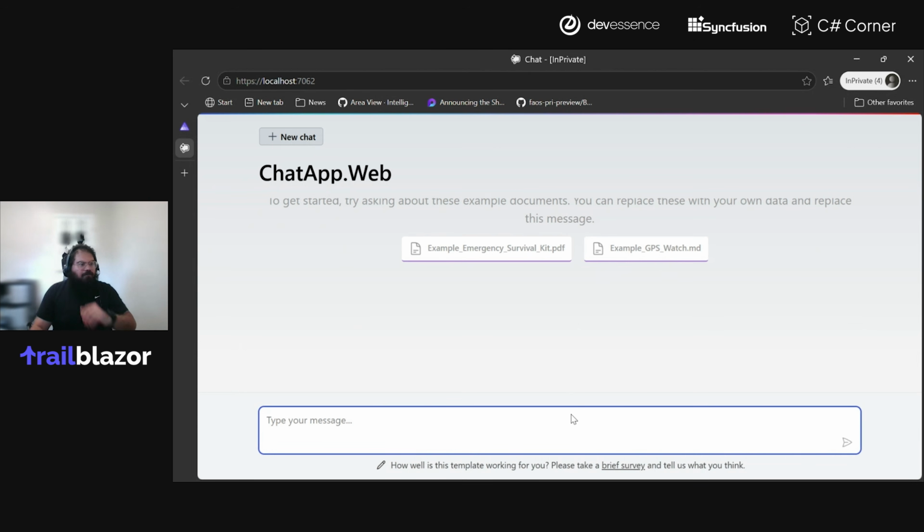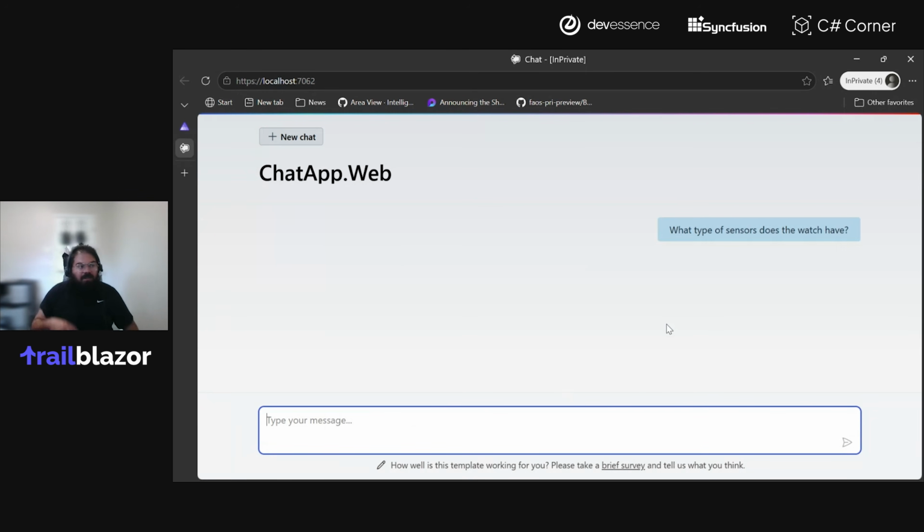And so in this case, we have a set of documents. We can go ahead and chat with it. What I'm going to do is ask it, what type of sensors does the watch have, right?